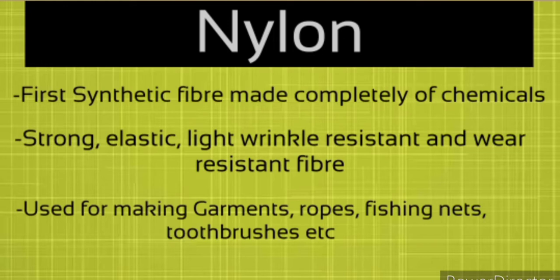And what is the use of nylon? Nylon is generally used in the formation of garments. It is used in the formation of ropes and the like because it is very strong. The ropes which are made from nylon are actually stronger than steel wires. That is why it is used to make strong things.